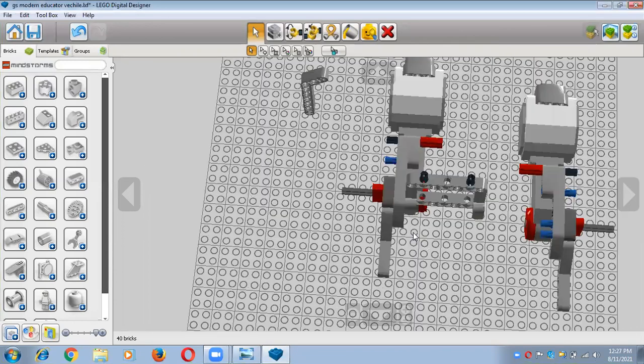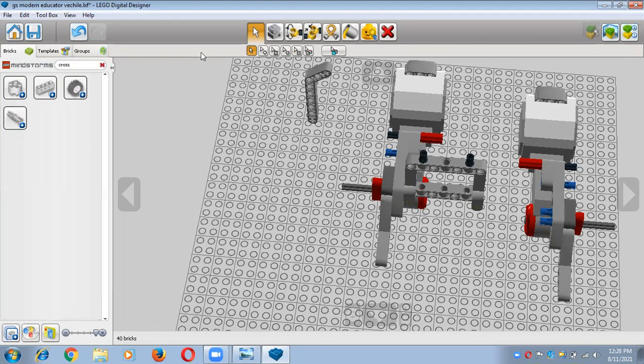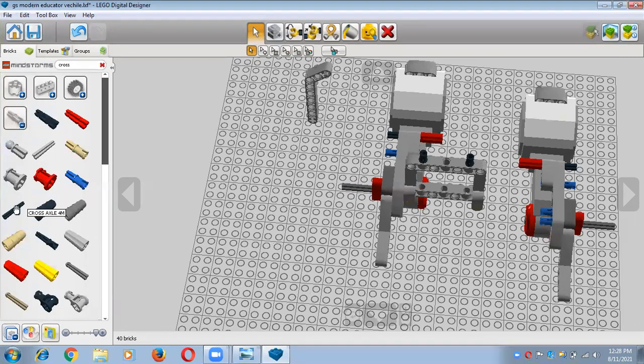Yes. So right now, what should I do? I have to use one cross axle जो कि अभी तक मैंने यूज नहीं किया है. So right now I'm going to search, right? What cross axle? It is a cross axle with stop end, but its size is small as comparison to this cross axle. It is 8M cross axle, but right now I want only 3M cross axle with stop end.